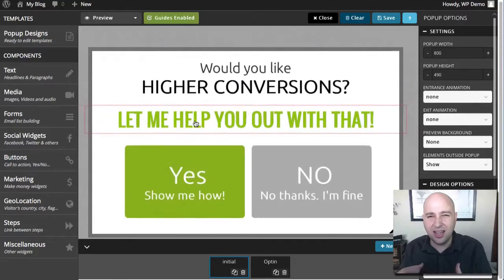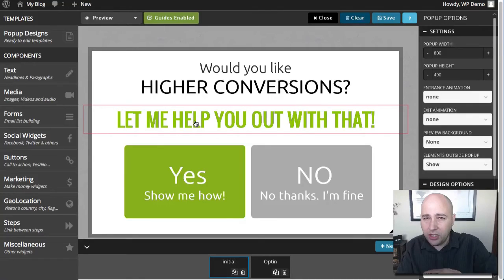So let's take a look at another one that I think is so powerful, and that's this design here. This is another one of the upgraded ones. You know what? You could actually just manually create this. You don't have to pay for the upgraded designs. All it is is a time saver. So you can make a design just like this with the two-step. Now, this type of design and this type of pop-up, you don't see anywhere. The only places you see it is with these.